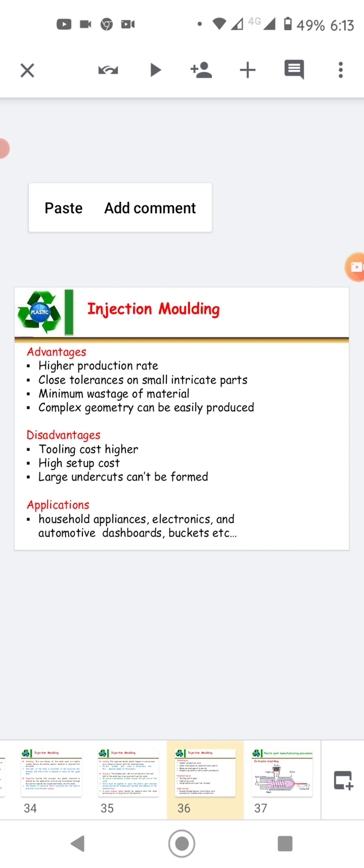Wastage of material in compression molding is very little, and wastage of material in transfer molding is considerable, and in injection molding the wastage of material is none. Size of the parts: compression molding is for medium to large workpieces. Transfer molding is medium to large, and injection molding is small to medium.